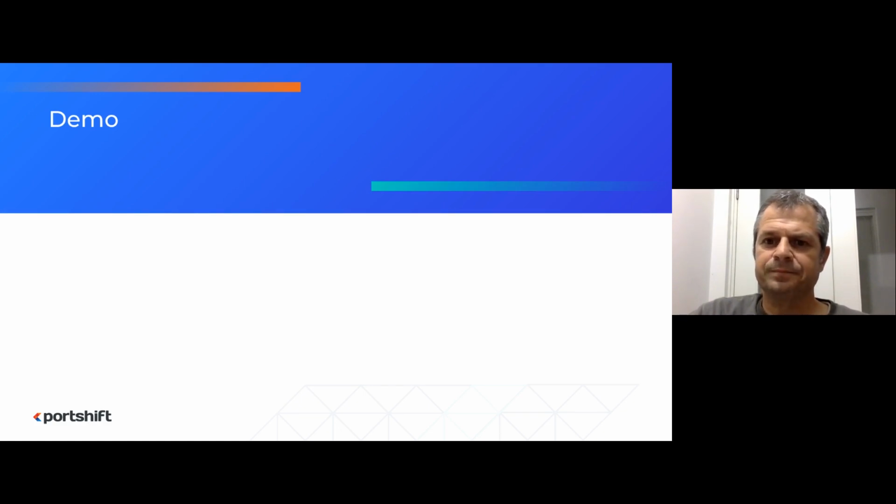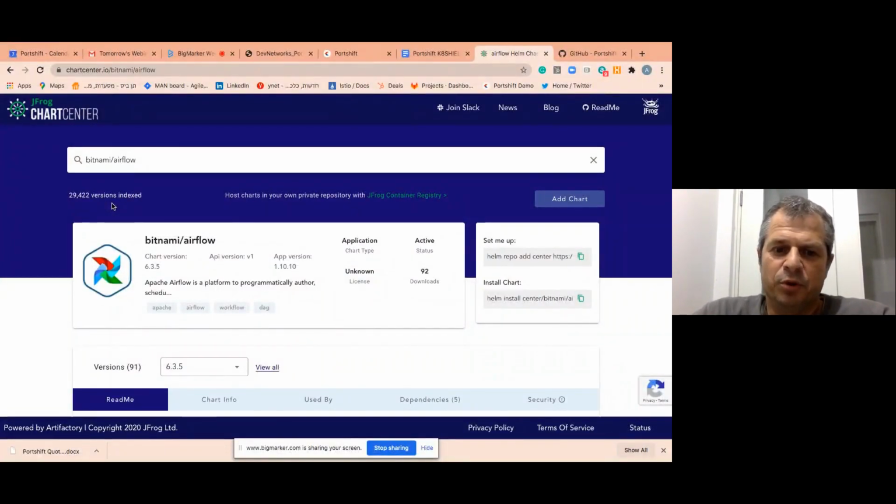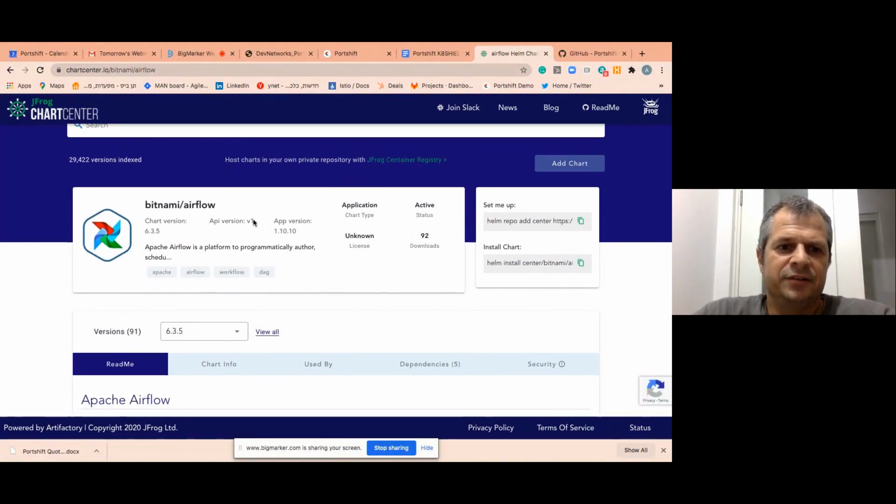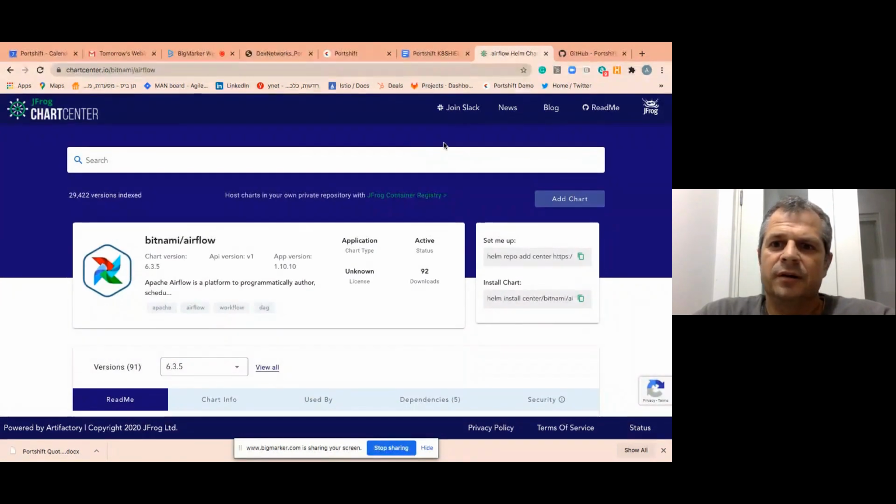What do I mean? Great. So this is an interesting open source tool, the JFrog Chart Center. You can find multiple Helm charts. I just took popular stuff, but you can see there are lots of different Helm charts available.